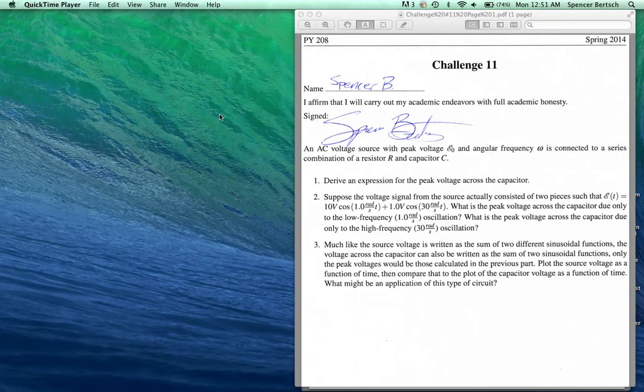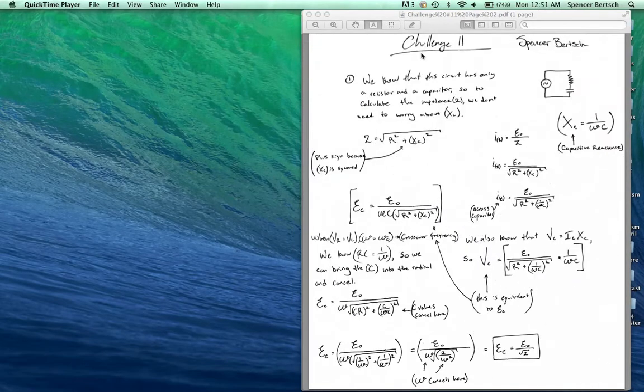Okay, so challenge problem number 11 is an interesting problem. The first part asks us to derive an expression for the peak voltage across the capacitor in an RC circuit. So I outlined the problem right here in this really small diagram. It's really simple. But to find the peak voltage across the capacitor, eventually I said the peak voltage is just